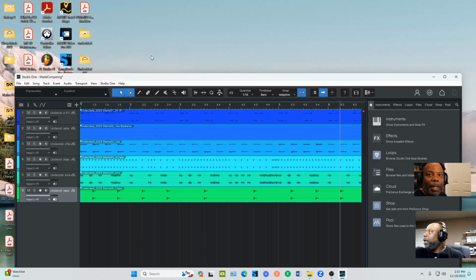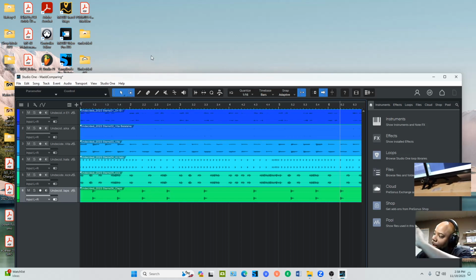Oh, speaking of Presonus, I'm going to do this, y'all. The camera is going to move for a little bit. Up under my desk. There we go. Let me turn this around. Presonus.